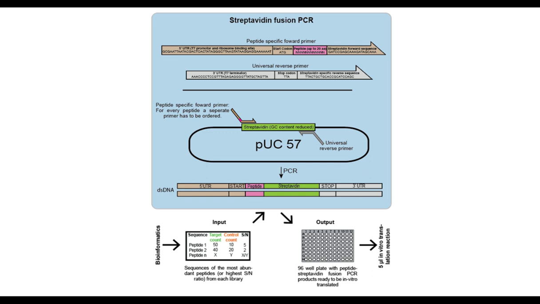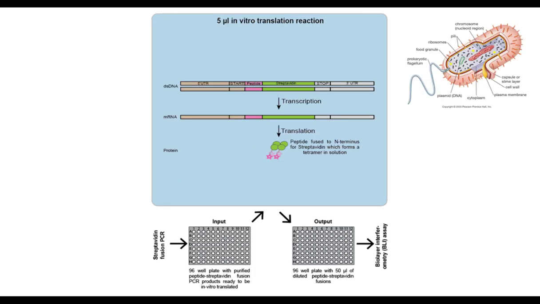So for one peptide, you need to order one primer. In the in vitro translation reaction, you use the double-stranded DNA template, and you can use a straight PCR template. Of course, you need to purify it, but you don't need to do anything else. You add it to a 5 microliter in vitro translation reaction, and this reagent can be ordered through NEB. And after 1 hour, the DNA has been transcribed into mRNA, as well as already translated into protein, and with